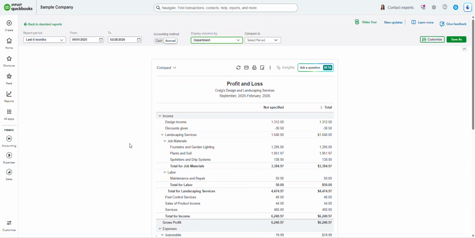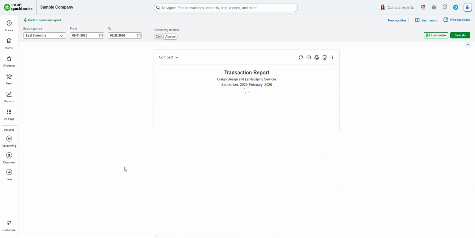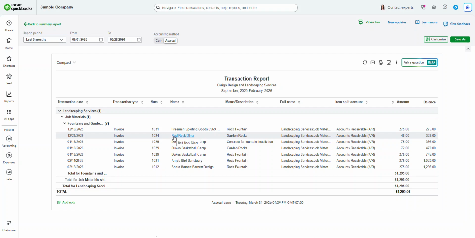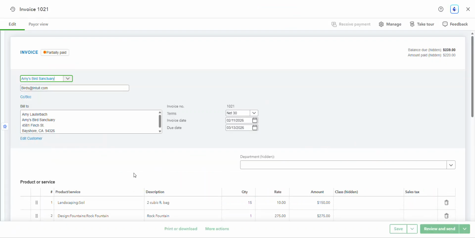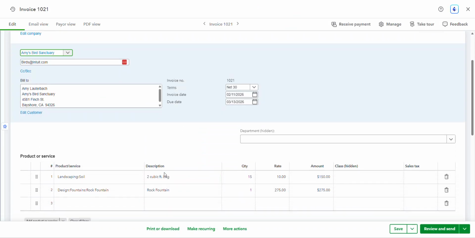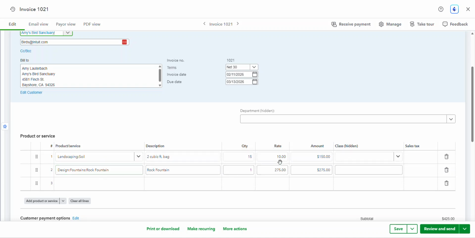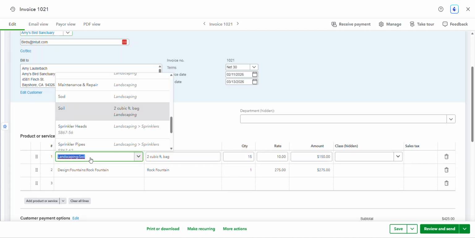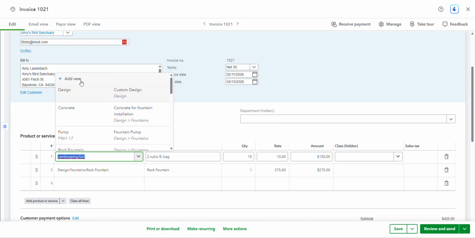So what we're going to need to do is create some transactions in here, or we could move some around. Instead of this guy being fountains and garden lighting, let's come on to this one. Grab this 275 here, and we're going to turn this one into a grant just for the purposes of being able to see. So this is now going to be somebody received grant funds for,